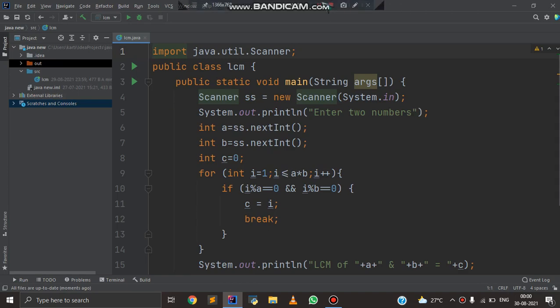So let us understand the logic of the program. Here in integer a and b we store two numbers. Here we'll store the LCM. From here we start a loop from 1, and we have given the validation of the loop till a into b, because if we give validation from a specific number like a or b, we don't know whether the user will enter a the bigger number or b the bigger number.